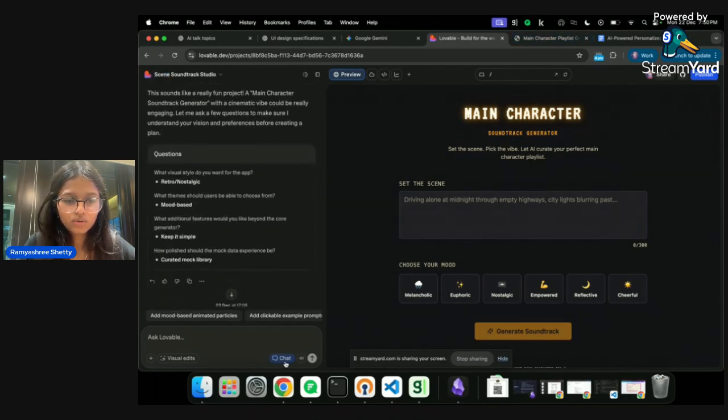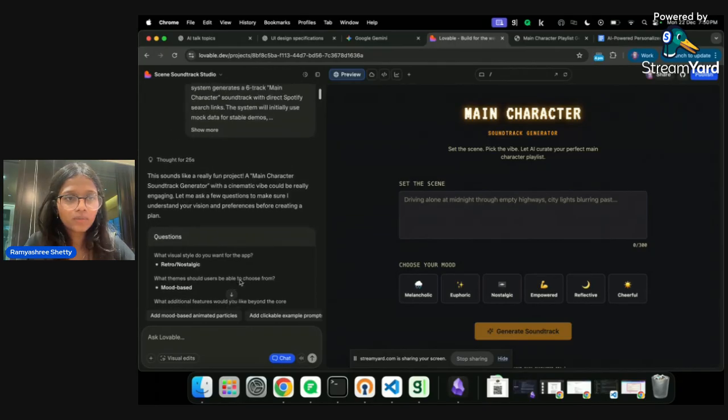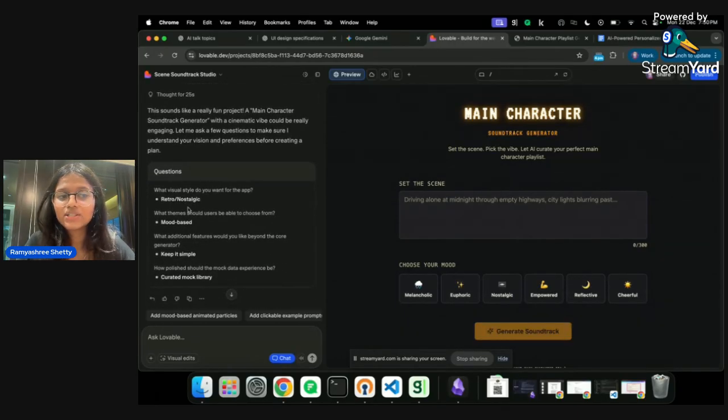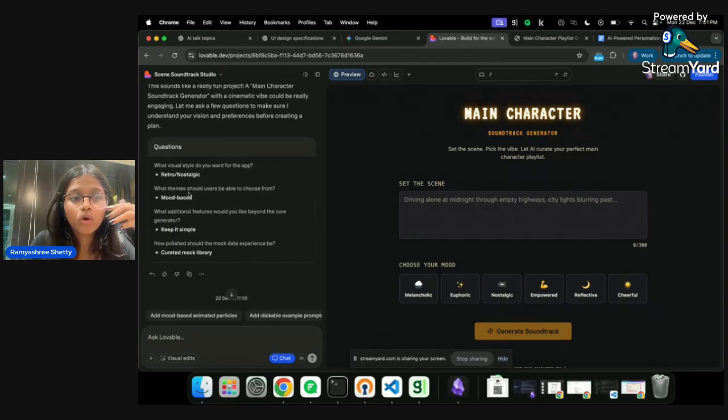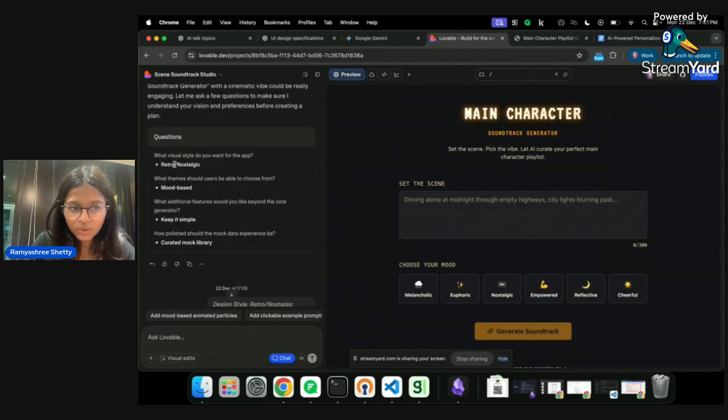You can see the plan mode. Make sure when you start developing, you enable the plan mode. What exactly it does is it discusses the plan before you start the implementation. When I started with this, it ended up asking me questions: what visual style do you want for the app? I selected the retro nostalgic one. What themes should the user be able to choose from? Mood based. These questions were asked by Lovable itself,